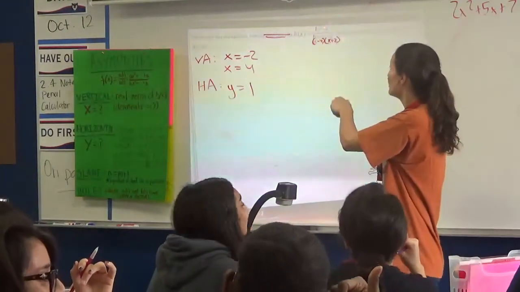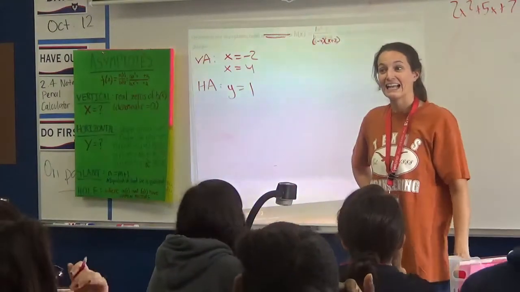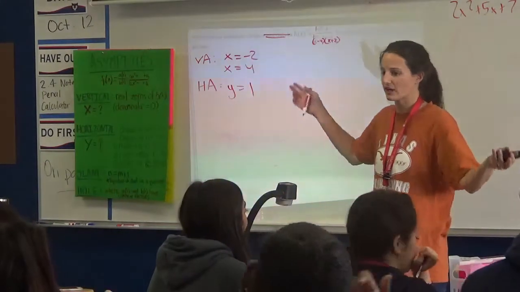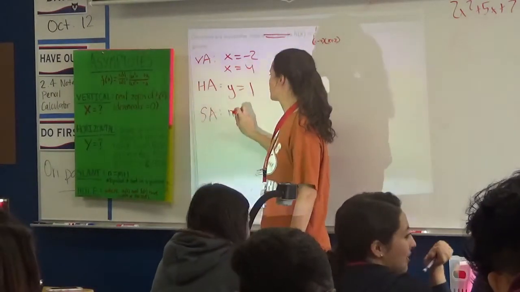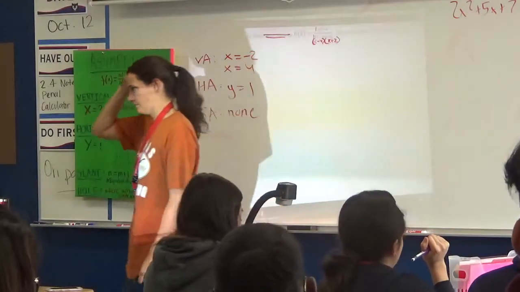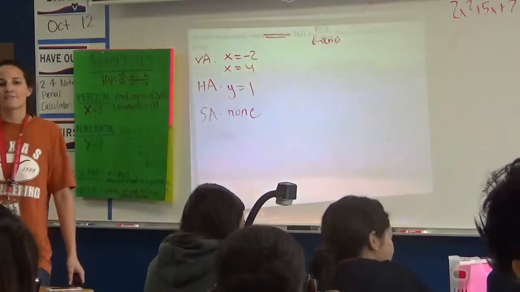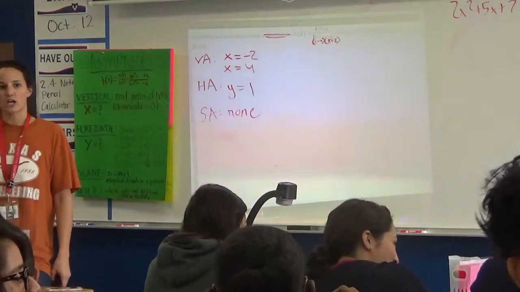Okay, so is the top bigger by 1? No. So you're like, I don't have any. If you really want to write down, you can say none if you're being really thorough. If there's none, you don't have to list it, but it's kind of nice to just make sure you check all of them, right?